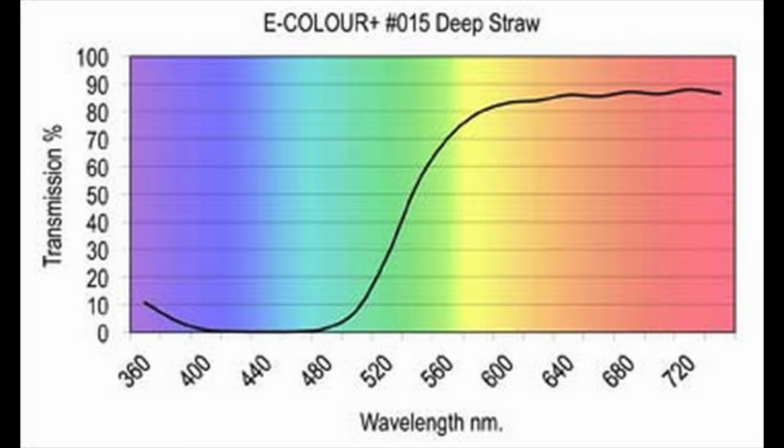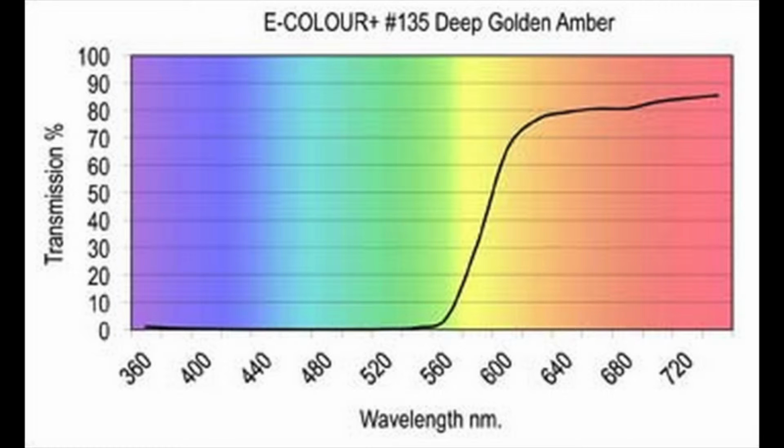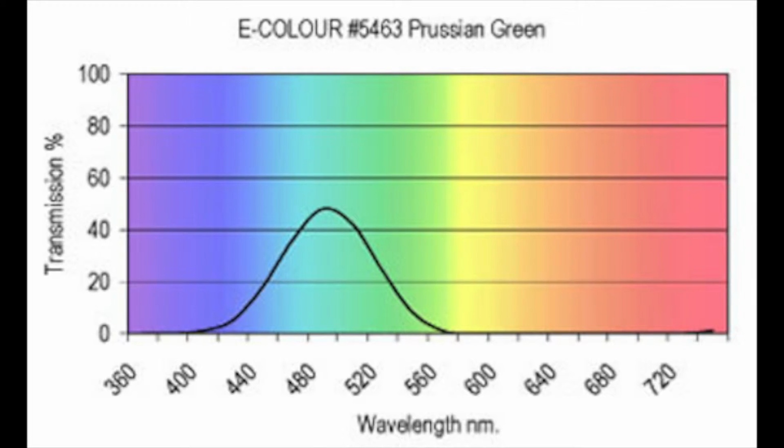In this activity, we will use a series of 4 different colored LEDs: white, blue, green, and red. First, we must use a lens to focus the image on a screen so we can see the individual colors sharply. Here, we have a series of different filters whose graphs we saw earlier. Deep straw, which transmits and looks yellowish-orange, deep golden amber, which transmits and looks reddish-orange, and Prussian green, which transmits